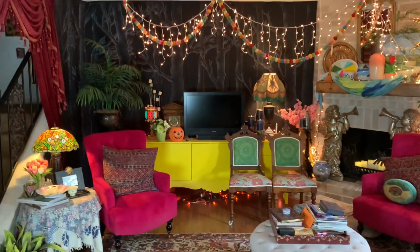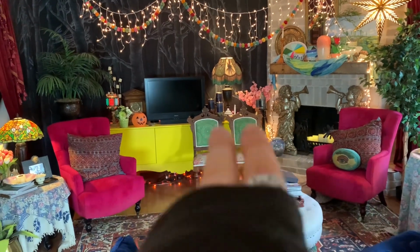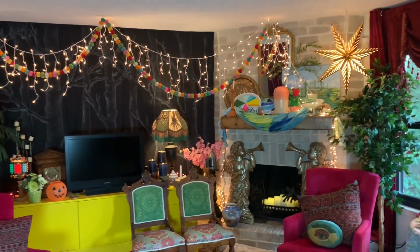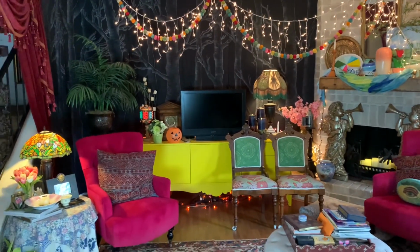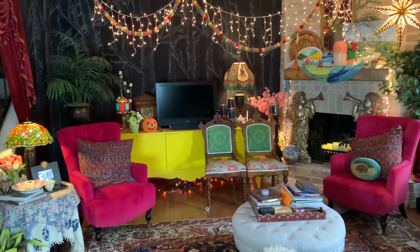I just love it. I feel like the chairs really balance these, like having something in the middle and you can still see the fireplace. I think that's really, really cool. I love the furniture layout. So the next step, since we've decided on the furniture, is